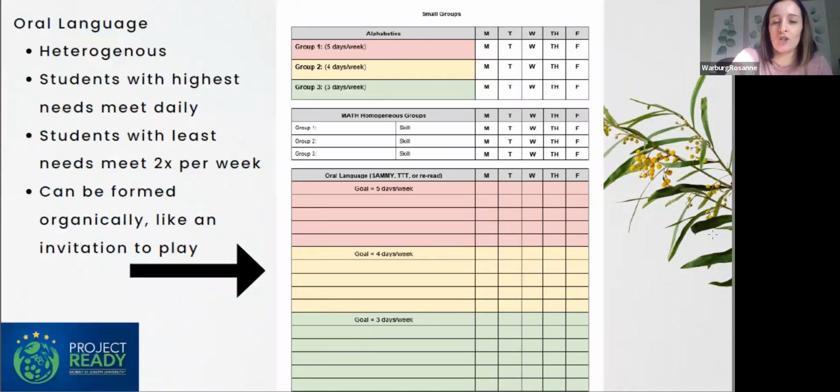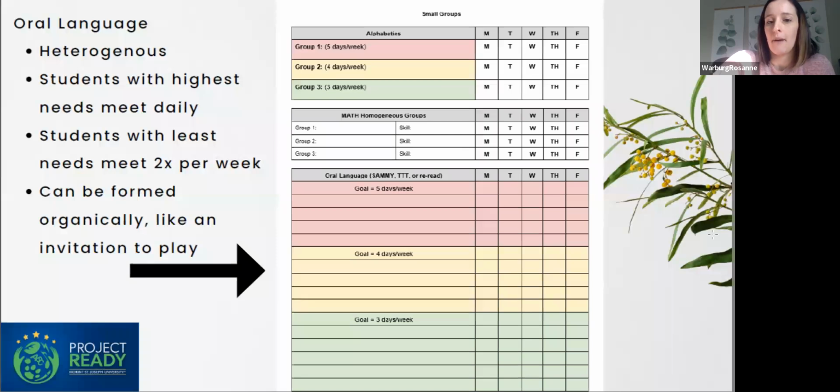Okay, and then this section here, the oral language, Sammy telling terrific tales, or the reread. We do have spaces here for writing in names of students who are considered red, yellow, and green there. So it's a little bit confusing, so I'll clarify here. We know these oral language groups, we really want to be heterogeneous. So we have a mix of skill levels within each group as we're meeting,